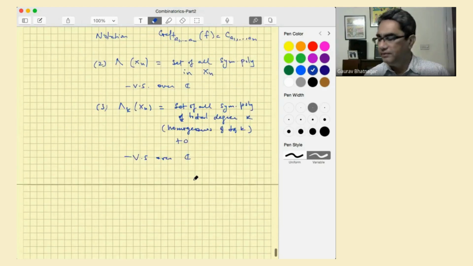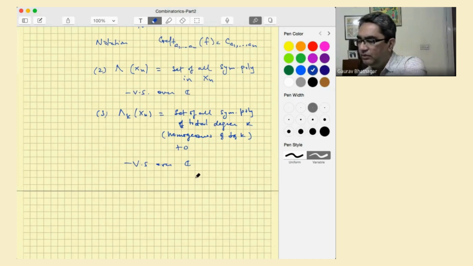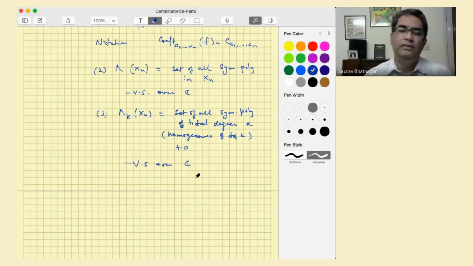So our goal is to prove that these monomial symmetric functions actually form a basis for this. So we get to know what the dimension is. So this is finite dimensional. This is infinite dimensional. Anyway, if lambda is a partition of k,